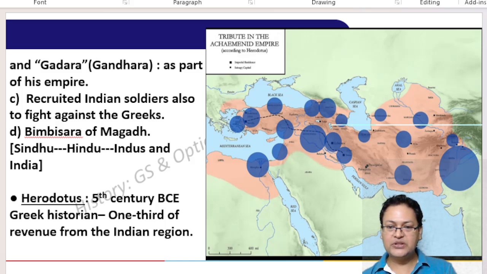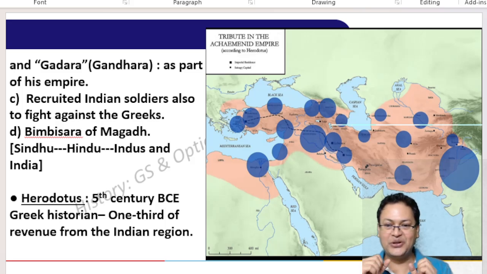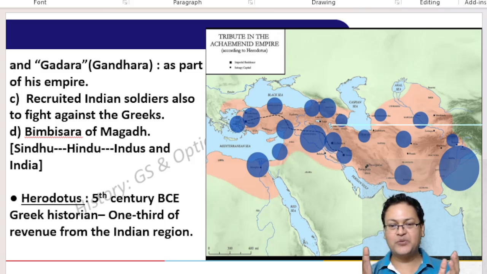Now let's come to the satrap. What is this satrapy system? So guys, this is a kind of military governorship. It was basically a makeshift kind of arrangement, because Persians introduced this. They used to conquer areas and appoint their military governors, and an army was kept under his control. So wherever any revolt or any such issue emerged, the governor used to go and crush the revolt, and he only used to run the administration. So you can say it was a kind of jugaad. It was not a well developed administration, it was just a jugaad.